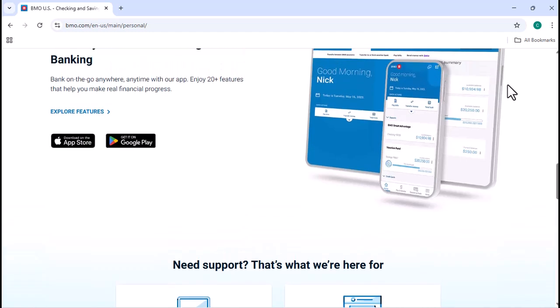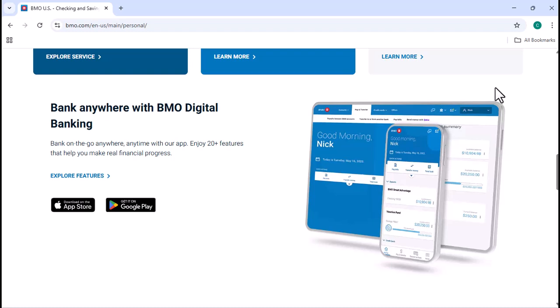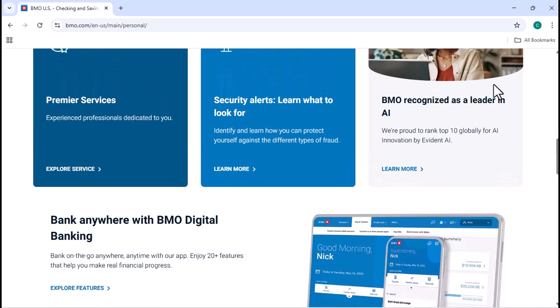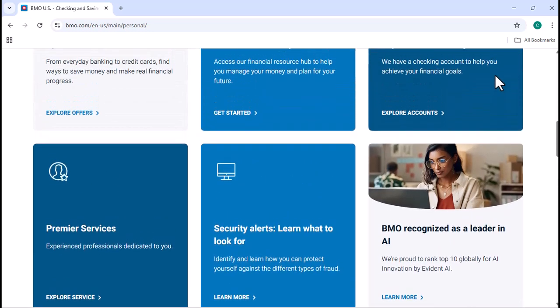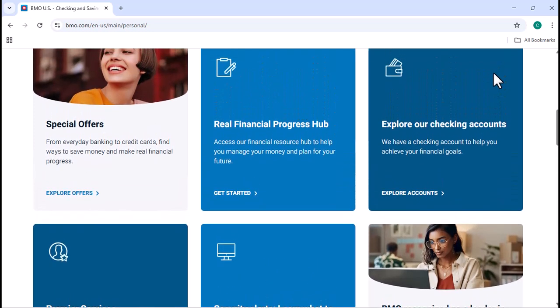Now, take some time to explore the online banking portal. Familiarize yourself with the different features and functionalities. You'll likely find options to view your account balances, transaction history, pay bills, transfer funds, set up alerts, and much more. Signing up for BMO online banking is a straightforward process that opens up a world of convenience and control